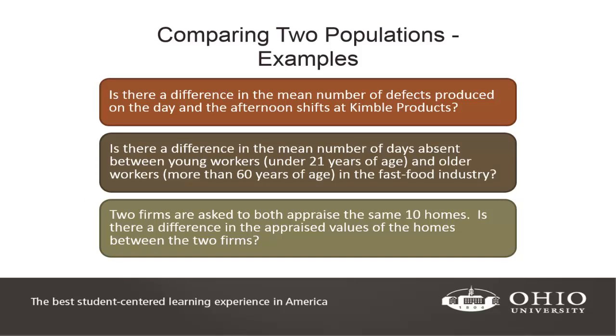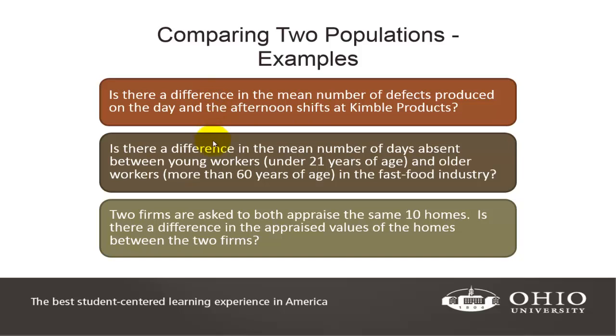Okay, now I want to look at a couple of examples where we compare the means of two populations. So we've got a couple of examples here that would be the standard way that the problem might be asked. One here, is there any difference in the average number of defects produced on the day and the afternoon shift at a particular production facility? So since we're saying, is there any difference, the null hypothesis would be equal, the alternate would